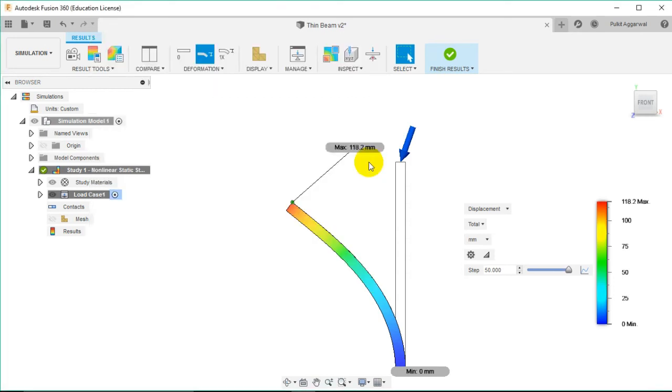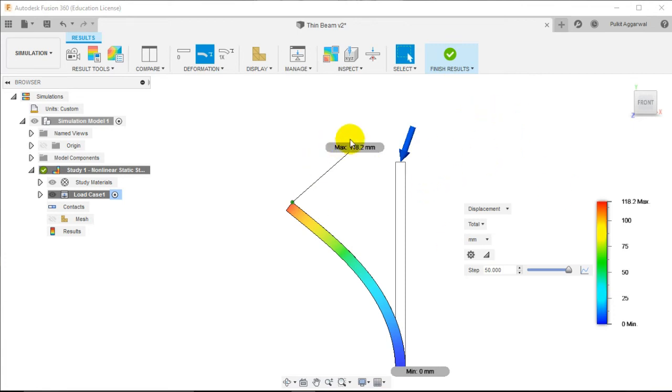If we wanted to take a look at a static stress simulation of this, we would likely have a failure based on the displacement of the model being too great. In this case, the height of the part is 200 mm and maximum displacement is 118 mm. So these values just don't work in a static simulation. It really needs to understand how the material behaves once it starts deforming outside of that linear region.